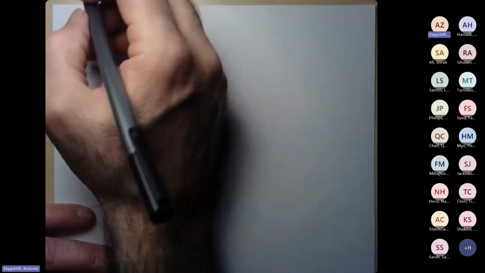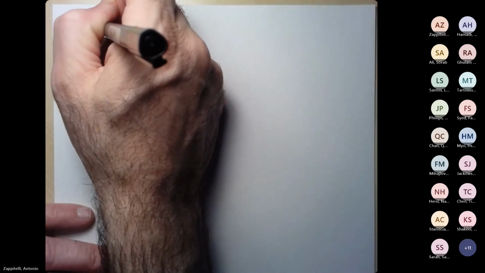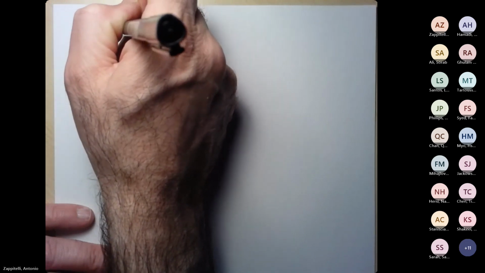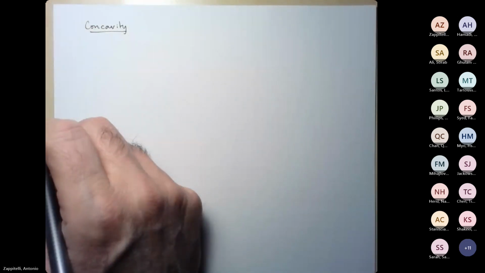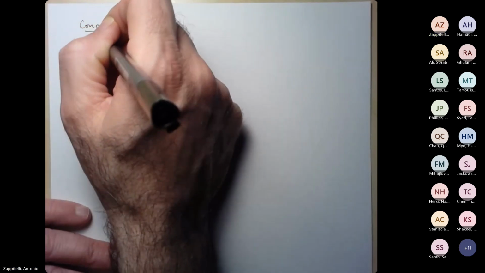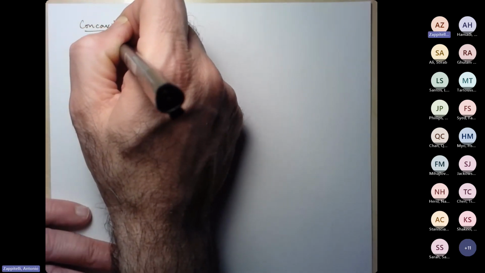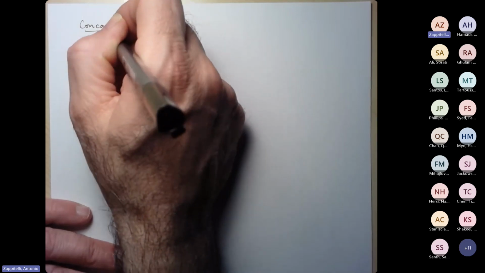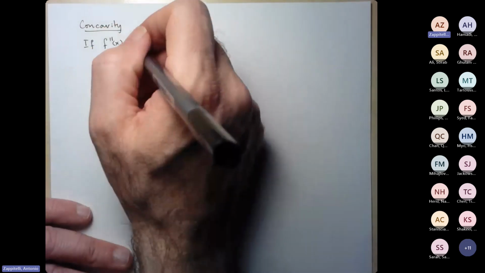So let's write out what we found. Okay. So let's start with concavity. Okay. We saw that if f double prime at x is positive